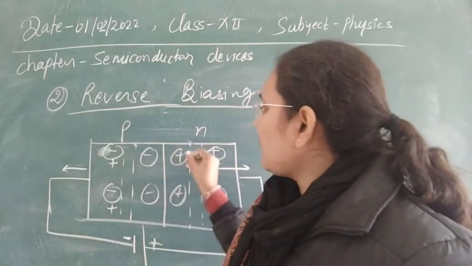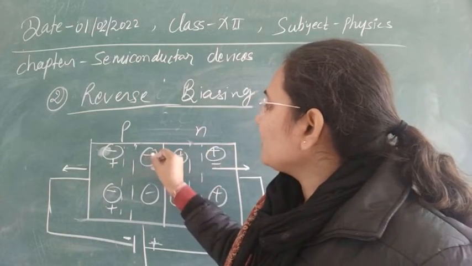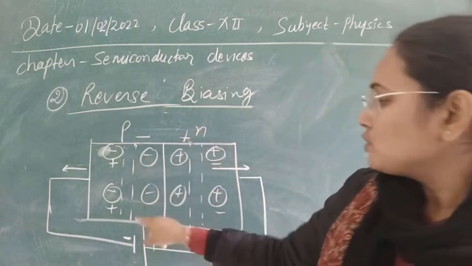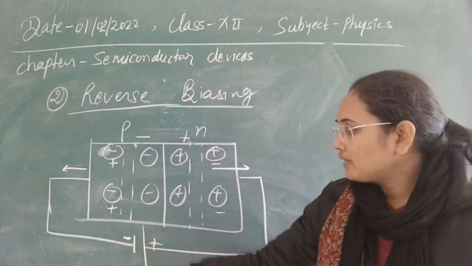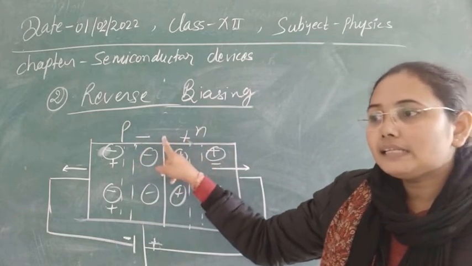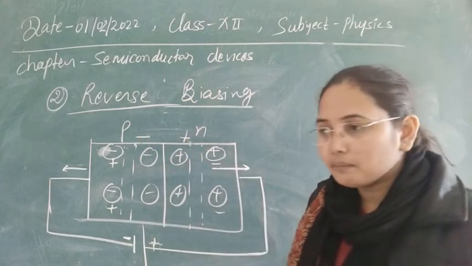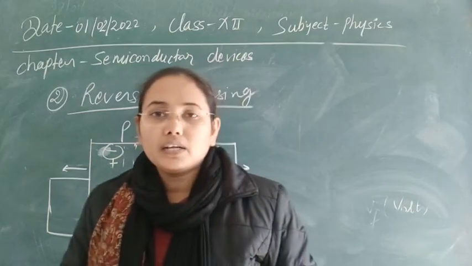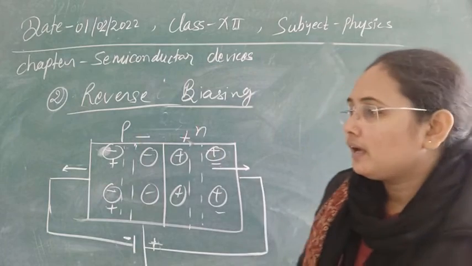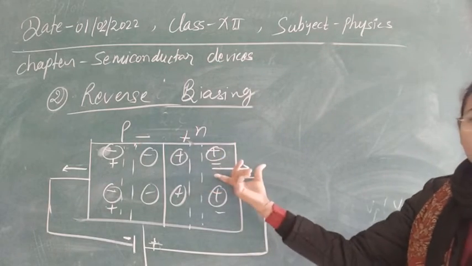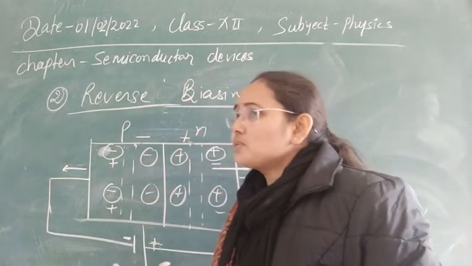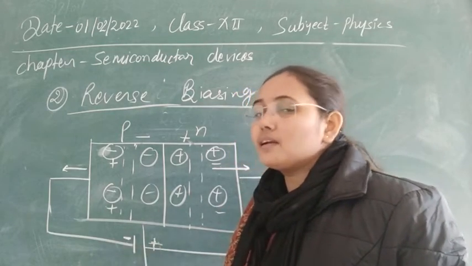If we see the polarity of this barrier potential, as negative ions are depleted here, this side is negative and this side is positive. So we can see the battery that we have connected is supporting the barrier potential. It means it is increasing the power of this potential to repel electrons and holes, so that no electron and hole can recombine and we cannot get any current from the device. But certainly it will continue to increase this potential.